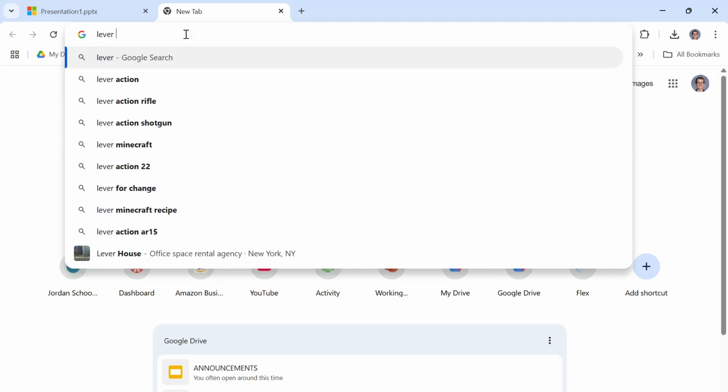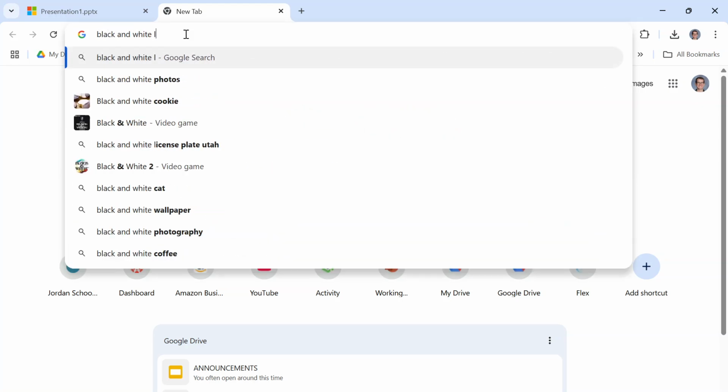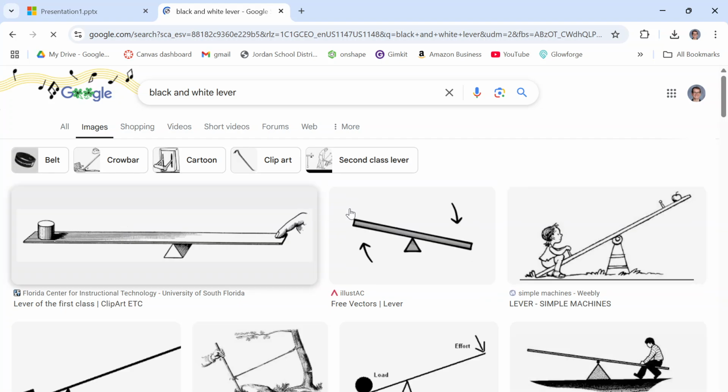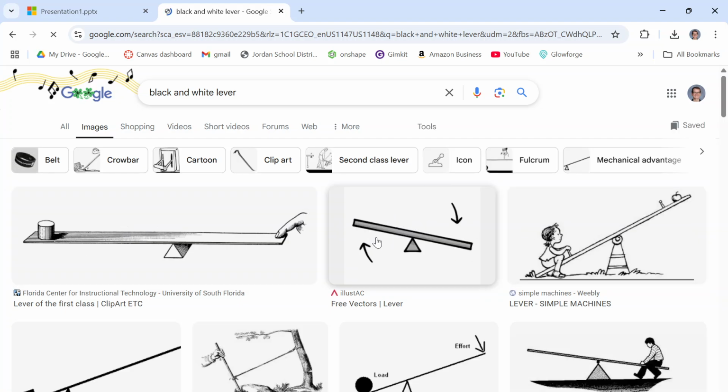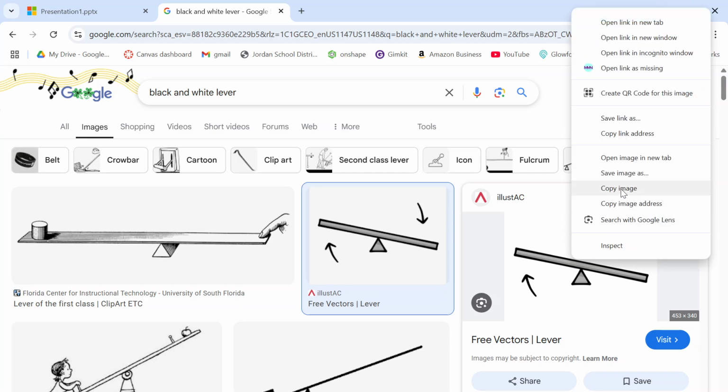So if you open up Google Chrome here, let's just look up a picture of a lever. I would try to stick to black and white actually for this assignment. So I would say black and white lever, and see what shows up. Find a picture that looks good to you, something that you identify with. We'll just stick with this basic teeter-totter. So I'll click on here,